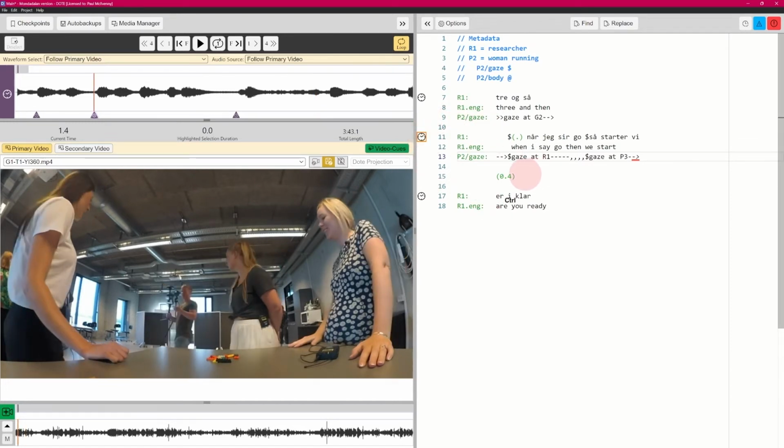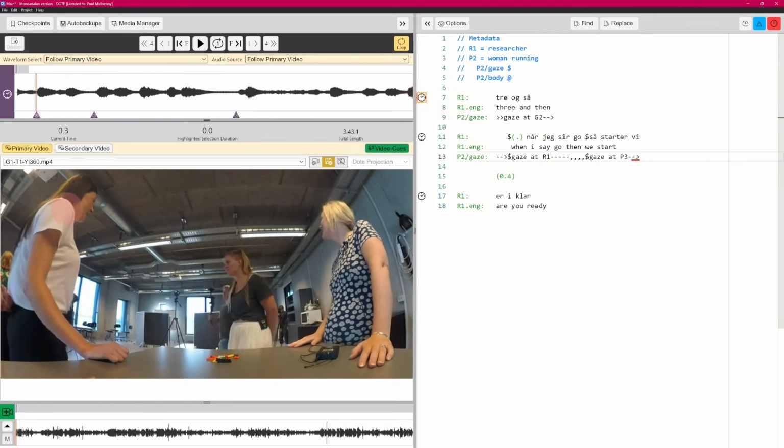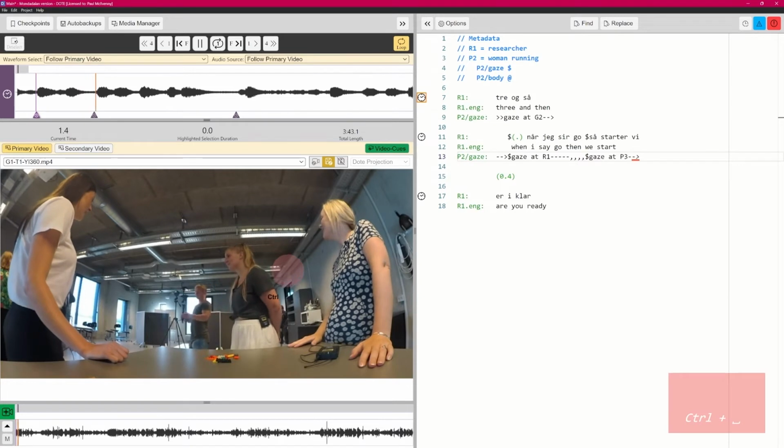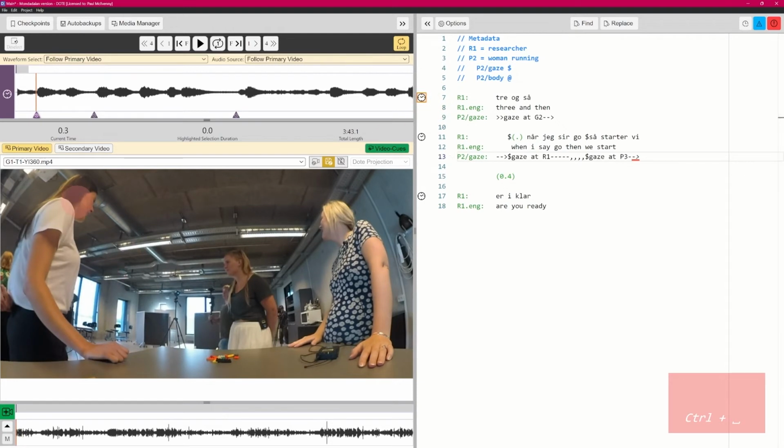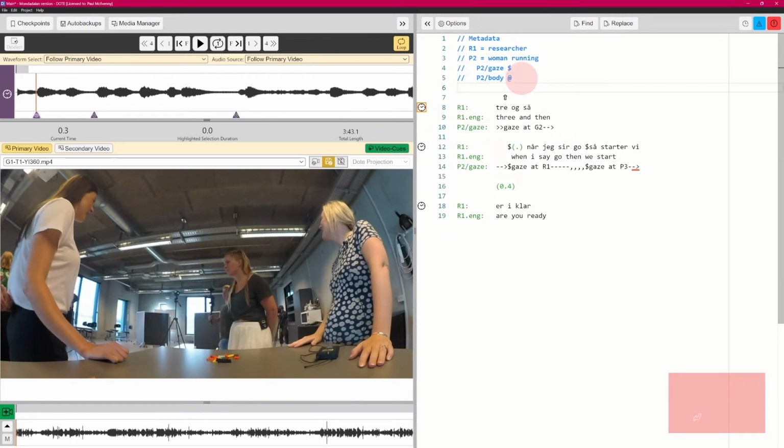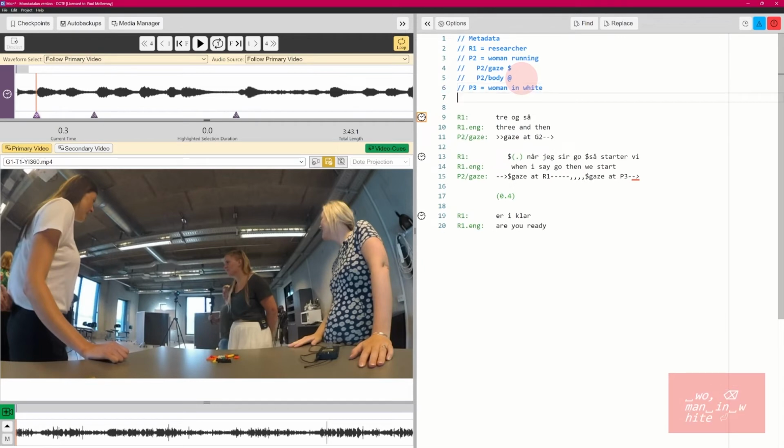Maybe we're interested in that she, P3 here, is maybe looking at her, and there returns to him. So maybe not, maybe she's looking at him there. So we could add this. What we need to do is add, say, here, for example, just for our own benefit to have it, but you don't have to do this. P3 equals woman in white, and